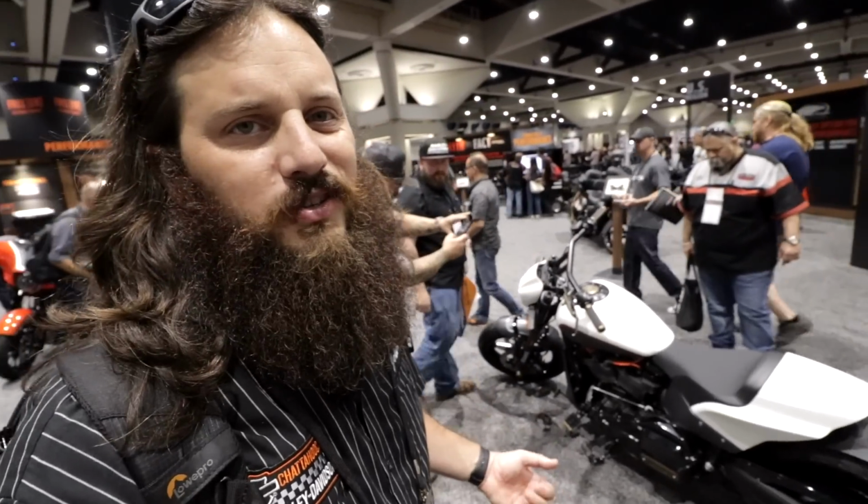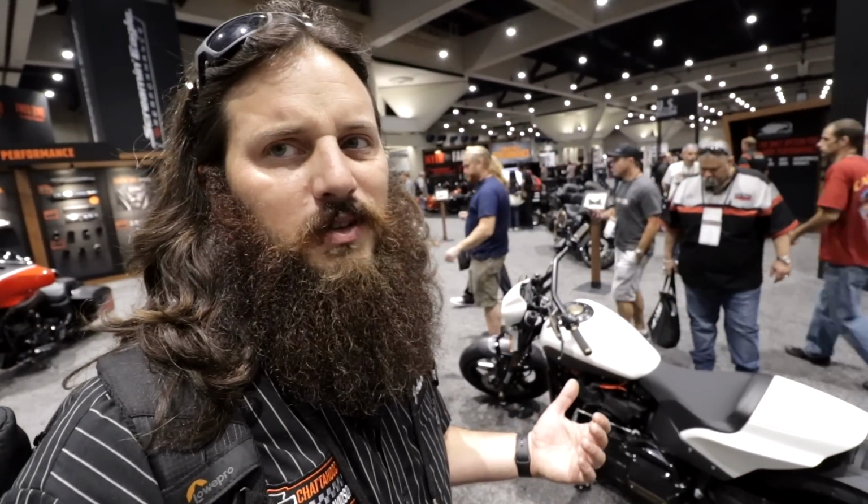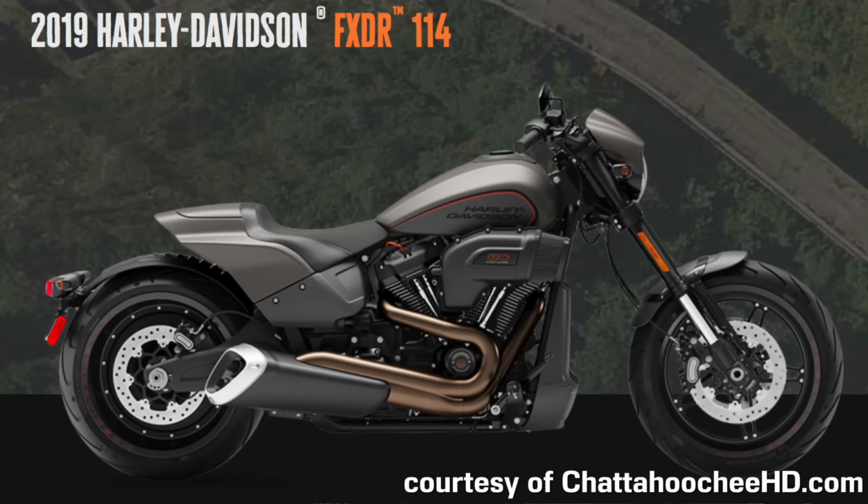I wasn't even paying attention, so this model actually has street slammers installed, which is not standard. I'll have to throw up a standard one from the internet picture right here. I'm having a hard time discerning what's stock, because most of this stuff is dressed up with P&A. The lighting in here is very weird too. I keep going from dark to too bright to blue to orange to...